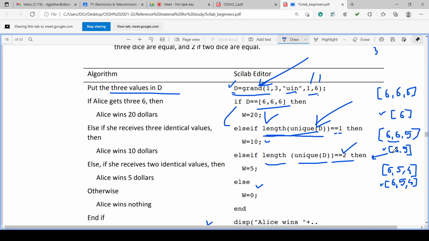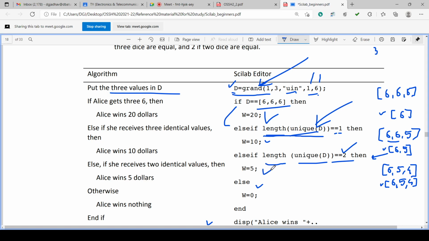If 2 numbers are generated, that means 2 unique numbers are there. For that, one unique number is there, and the third is not the same, so one more unique number is generated. So the number of elements is 2. So if length of unique of D is 2, that means 2 numbers are same.